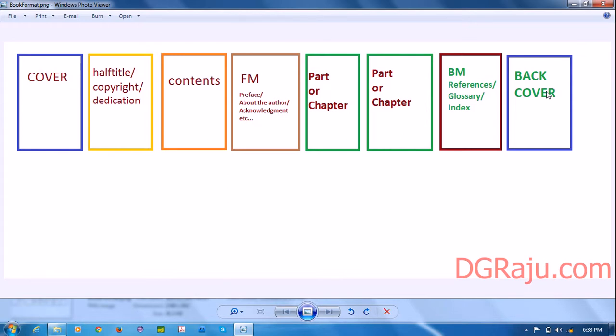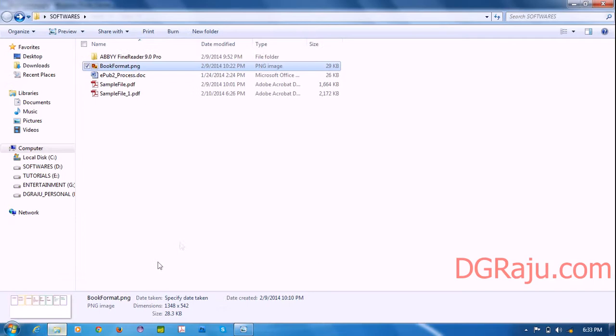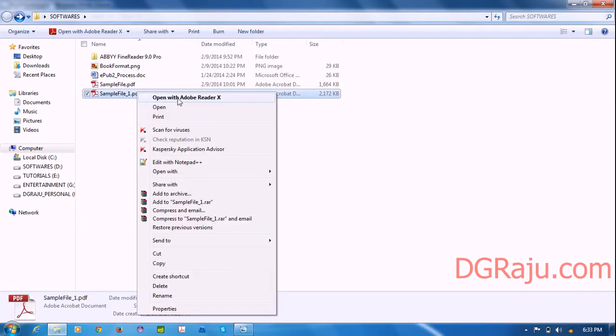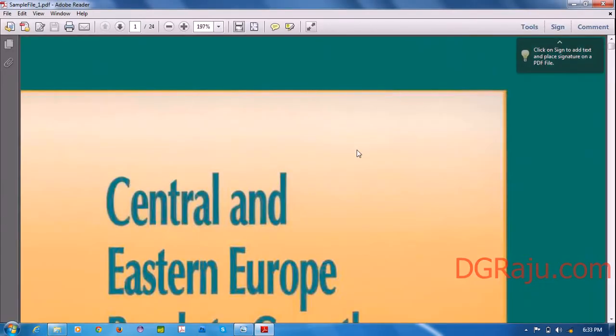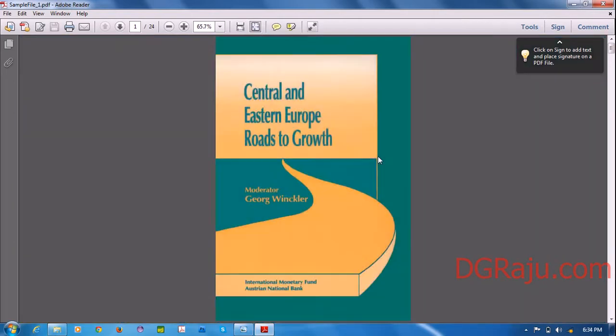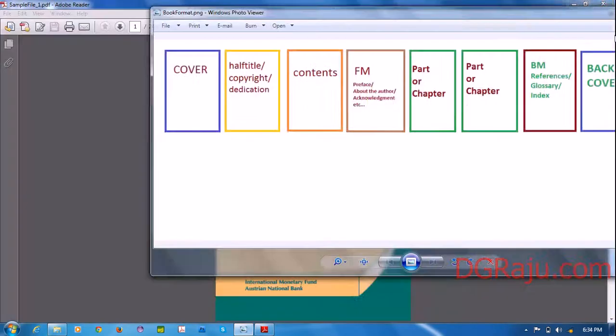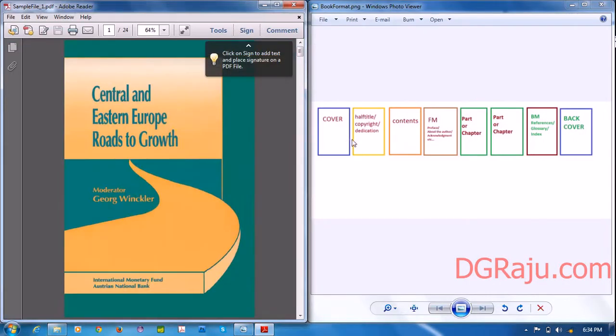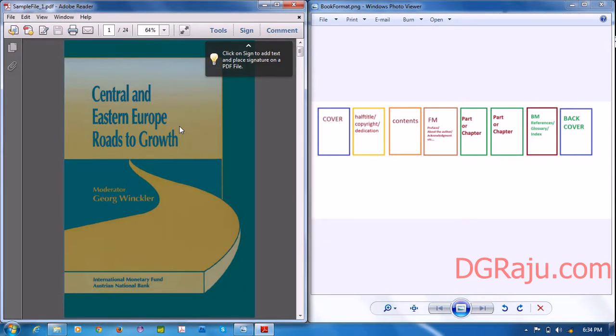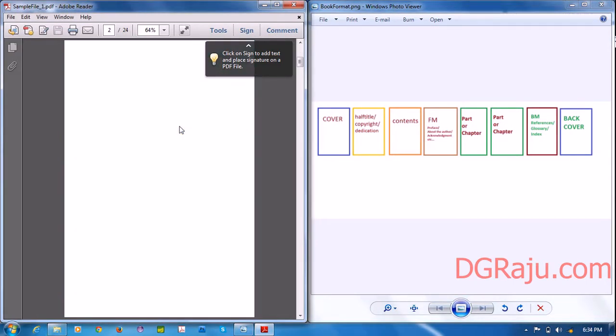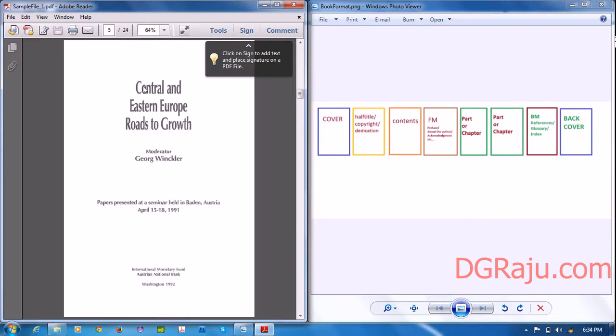First, look at our sample file. This is our sample file. Like this is the front cover. After that, half title. After that, this is the title page.